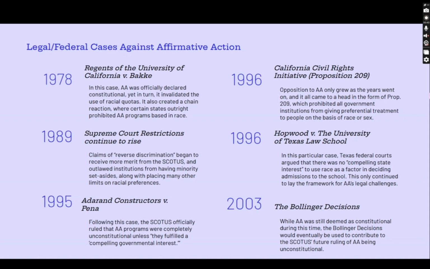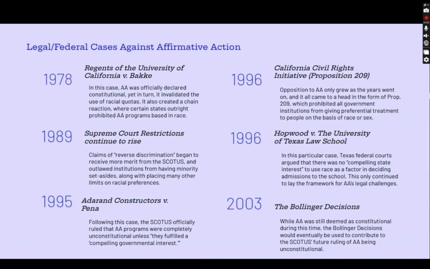The Supreme Court also upheld the constitutionality of the proposition in November of 1997, as they refused to hear a challenge to its enforcement. Soon after Prop 209's establishment, many other states took inspiration from California and began implementing it into local law. That same year, a lower court ruling was upheld for Hopwood versus the University of Texas Law School in regards to affirmative action. It was argued that there was no compelling state interest to warrant using race as a factor in admissions decisions,